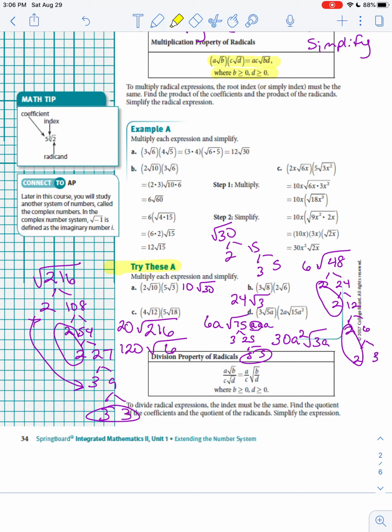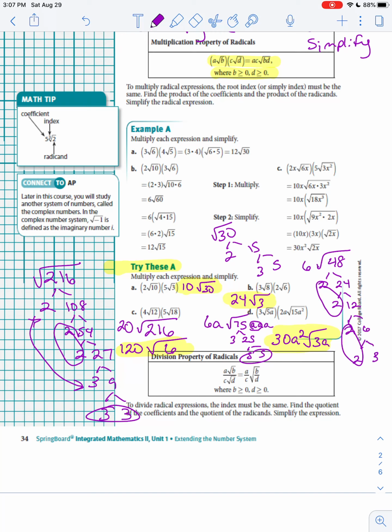And I think I will highlight this one so it's easy to find. There we go. There's our final answers. Let me highlight our final answers so we can see them a little better. Okay, so that's a good example of the different types of problems you would see with multiplying radicals together. So let's take a breath and think about if you have any questions, make note of them for when we see each other during Zoom, so that we can go on to the division now and do